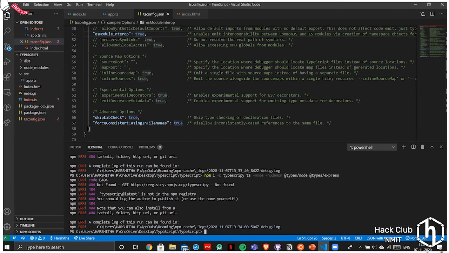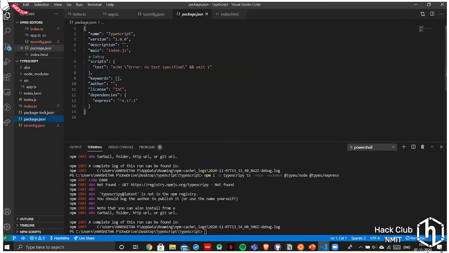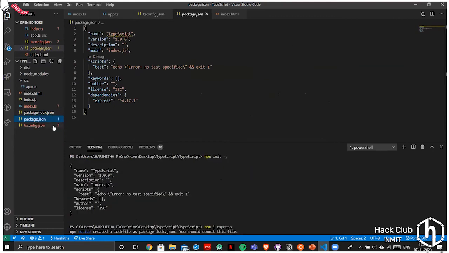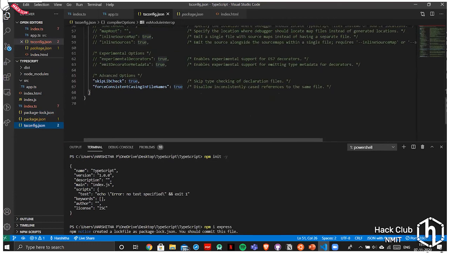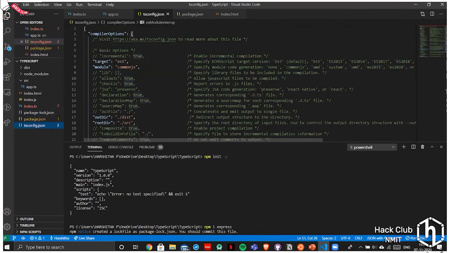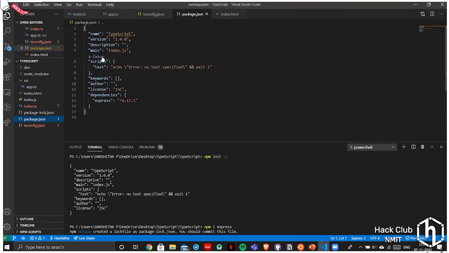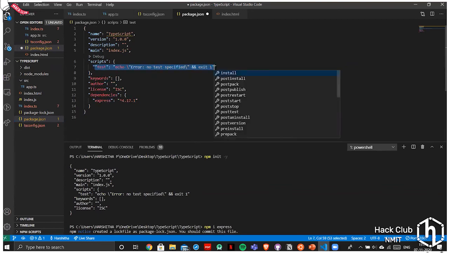Okay, have some problem here. So these two are actually created. I don't know why it's showing. Okay. Now this is created in scripts. You can put start.